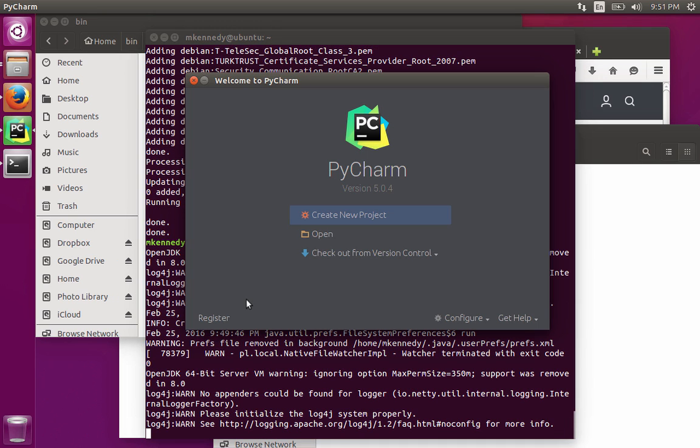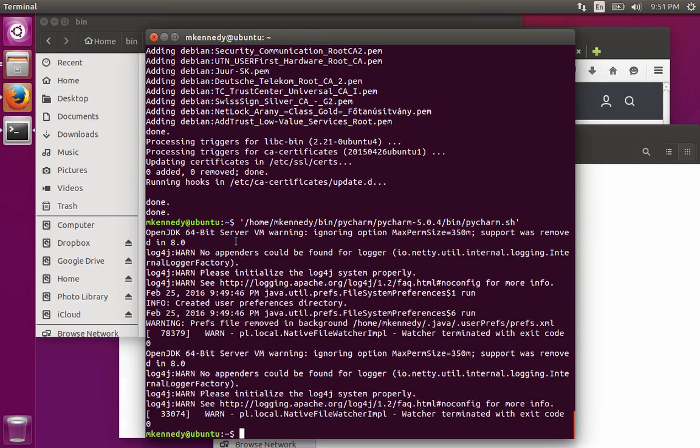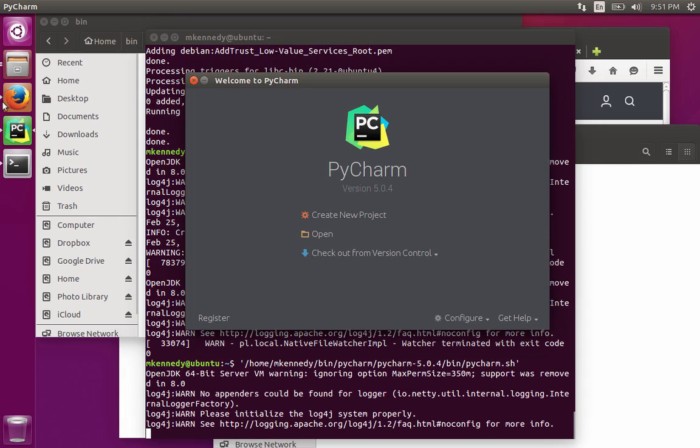Excellent. My PyCharm is running. It's nice and dark with its Darcula theme. Now, the one other thing I'd like to do is notice it's over here. And I'd kind of like to not be running this shell script anymore straight from the terminal. So let's run it one more time. Notice it's gone from the launcher. Now it's up and running. I can lock it to the launcher. And now this way,